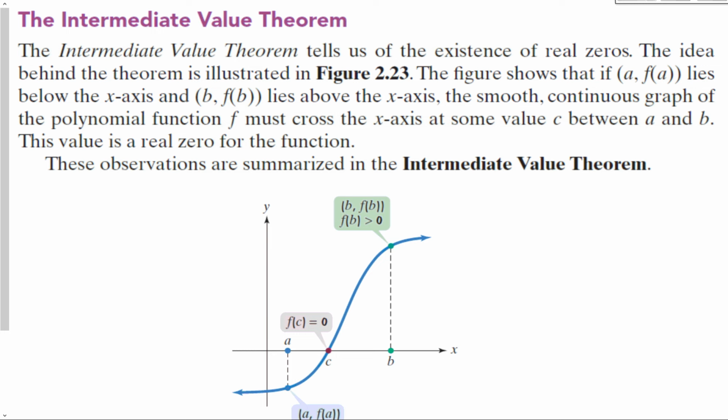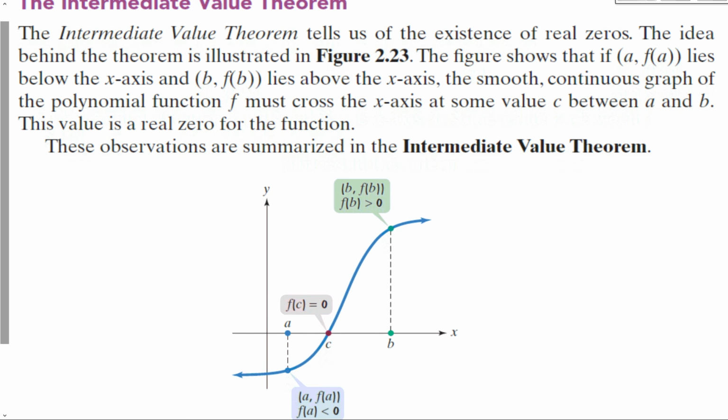Next, we have something called the intermediate value theorem. The intermediate value theorem tells us of the existence of real zeros. The idea behind the theorem is illustrated in figure 2.23, which, look at this, I actually included it. That's good. The figure shows that if a, f of a lies below the x-axis, this point right here,